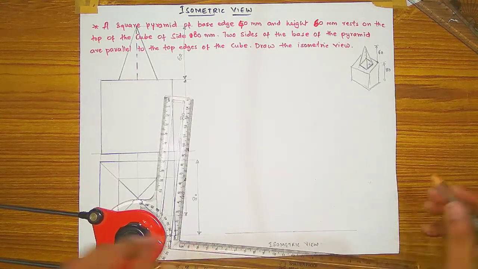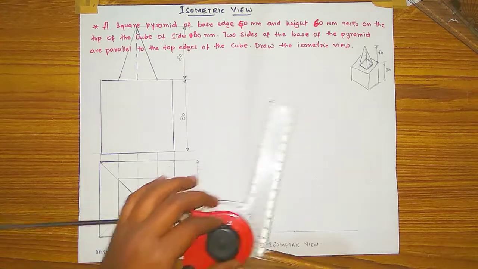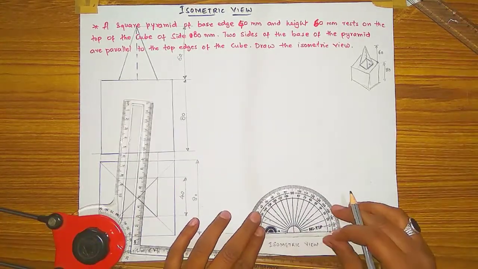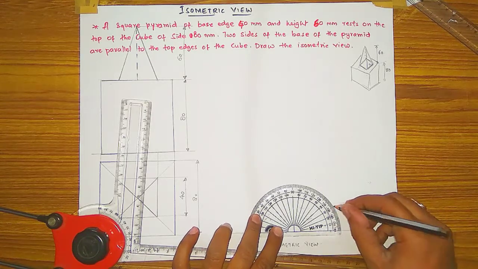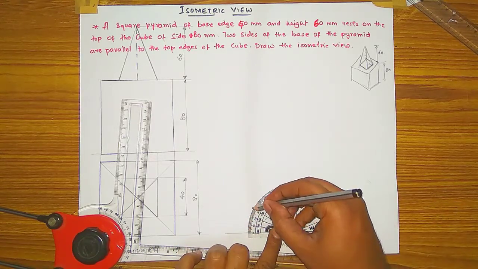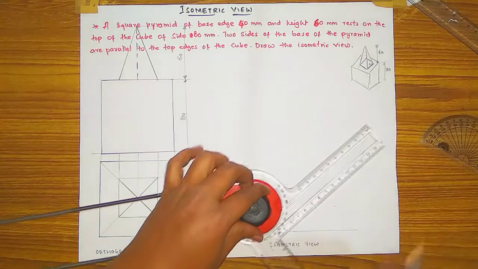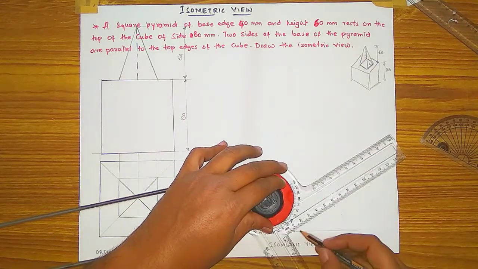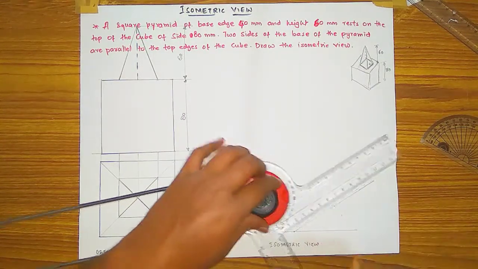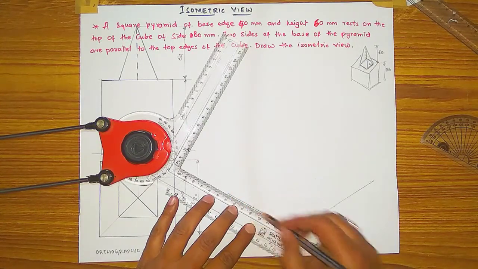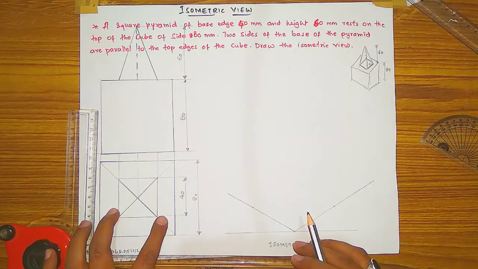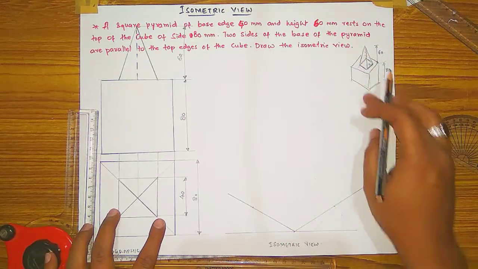Okay, then to draw the isometric view, first we have to draw a normal line or imaginary line and put a dot on that line, and keep your protractor on that point and adjust a 30-degree angle and take a point, and from here also. With those points draw a convenient line, as much as you want, like this and like this. Now we have to draw this cube.